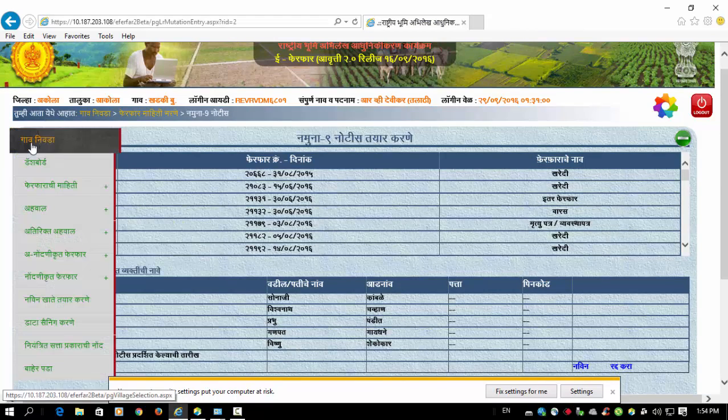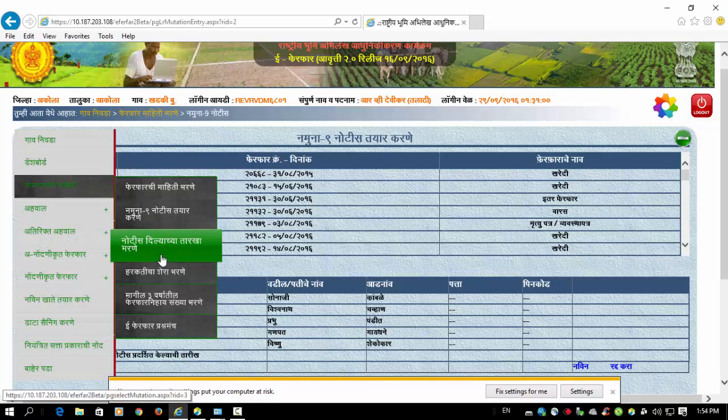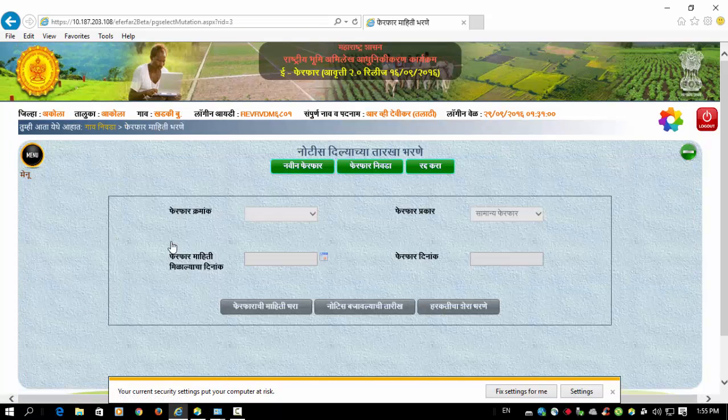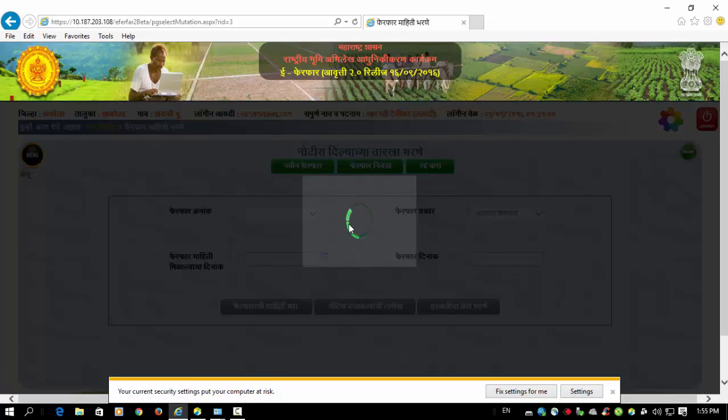Then we will go for notice details, means notice दिल्याची तारीख भरणे. The dates on which the notice was served, the details have to be filled here. This is done after the notice has been served to that party, that customer. Then here we have to select the mutation number.